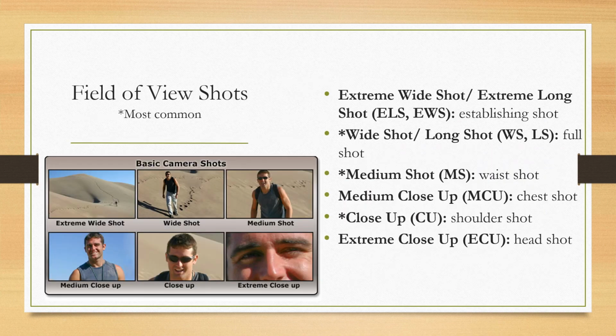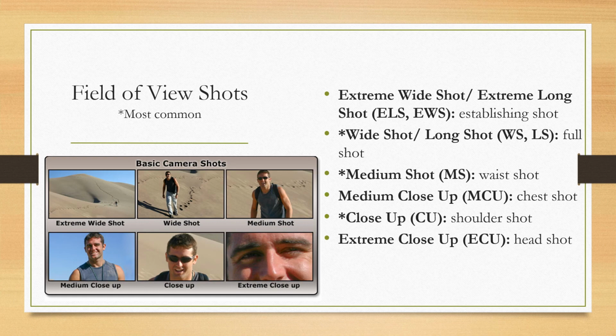So now we're ready for our shoot. We've got everything set up. We've got our lighting ready to go, our cables hooked up if we're doing any audio and video recording, or our cameras have all their batteries ready to go. Now we need to think about what field of shots we're going to use.